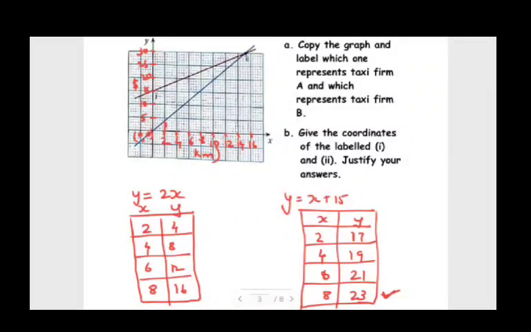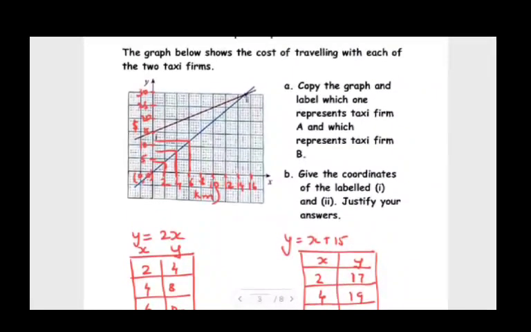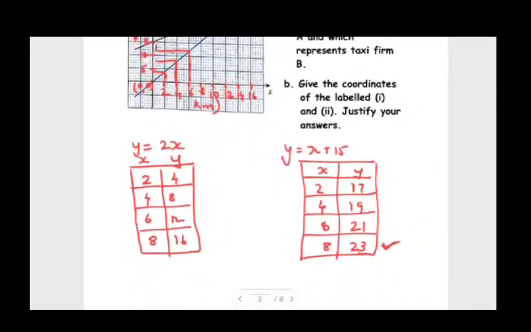So 2 and 4. Correct? Then let me see. 4 and 8. 4 coincides with 8. Yes, it does. This one 4 coincides with 8. So I'll do one more. So 6 and 12. So this is 6 and here I have 12. Fantastic. Yes, children. So that's how the blue line, the blue gradient